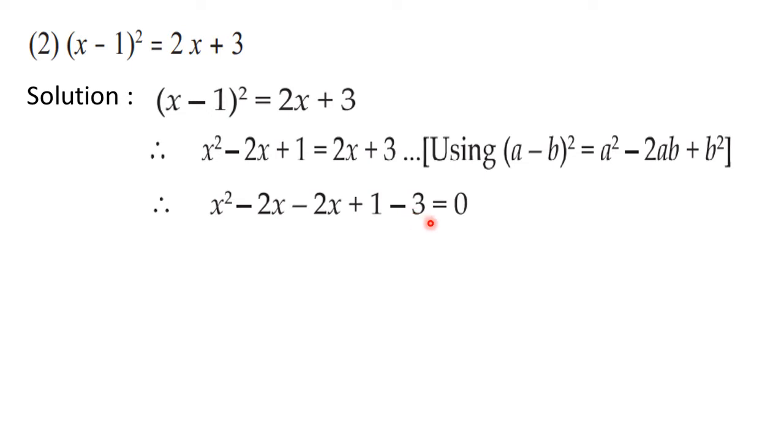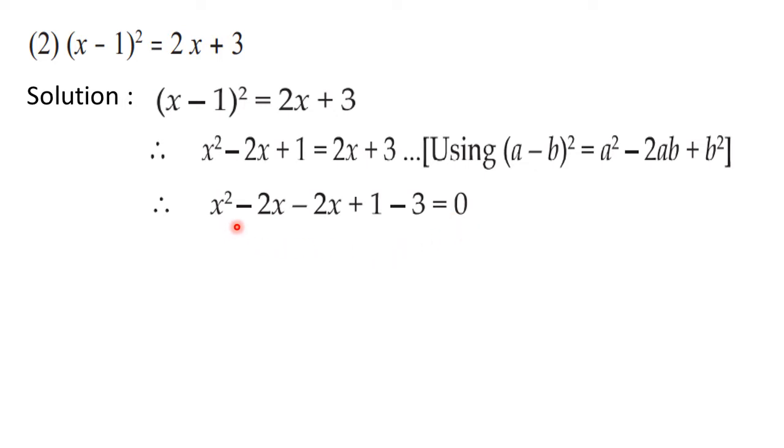Okay, and then don't forget to write down equal to 0. The terms are shifted to LHS, that is why nothing is left, so you need to write down 0 there. Don't think that nothing is left, so why write down equal to 0? You know that we are solving quadratic equations, and for equations we need to have 2 sides, left hand side as well as right hand side, and the right hand side is always equal to 0.